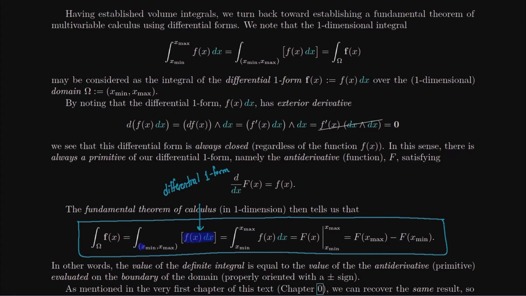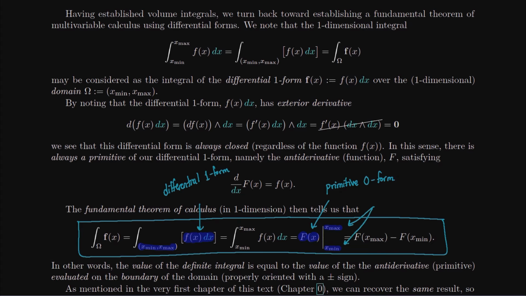And it's integrated over a domain. We know that the fundamental theorem of calculus says that a differential one form integrated over the domain can be computed by finding the antiderivative, but in our modern language, we can call this the primitive. And if it was originally a differential one form, the primitive of the one form will be a 0 form. We have a primitive 0 form that's now evaluated on the boundary,